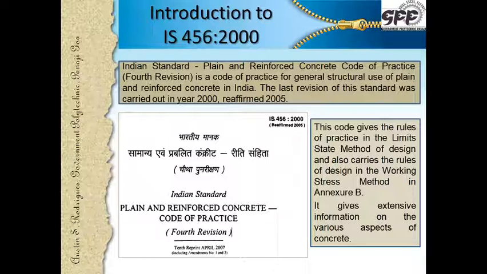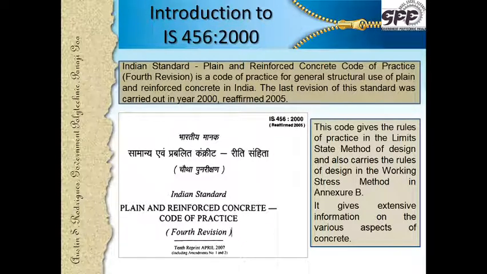The code is quite extensive, and it gives much larger information on plain and reinforced concrete: what we should be doing, how we should be designing, and what is expected to be the quality of concrete. Before this, there were previous codes, which dealt much more with the working stress method.